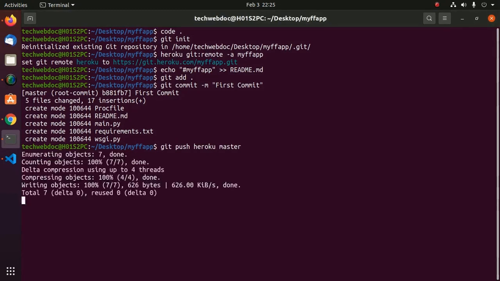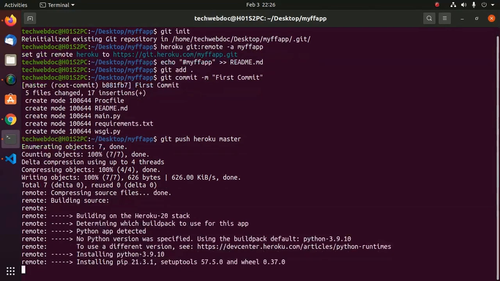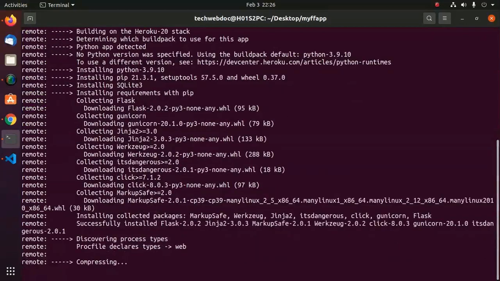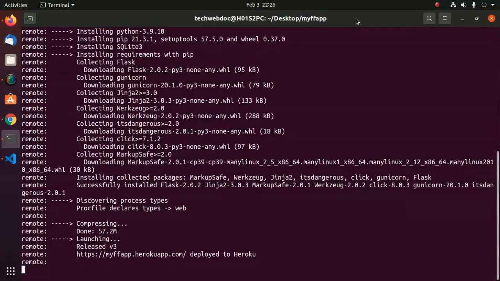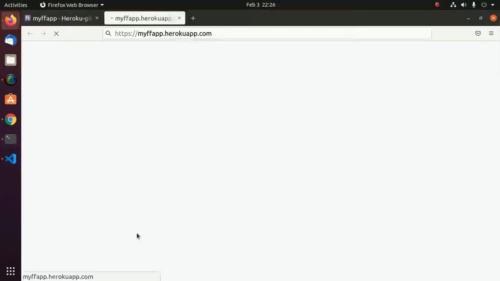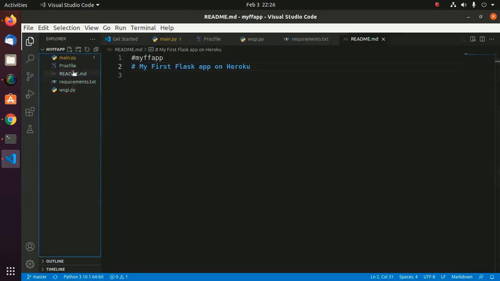Okay, it may take a while for building, installing Python, pip, SQLite database and necessary packages. Okay, this URL deploy to Heroku. Click here and see. Okay, if you want to run this application on Python 3.10.2, then create another file, name it